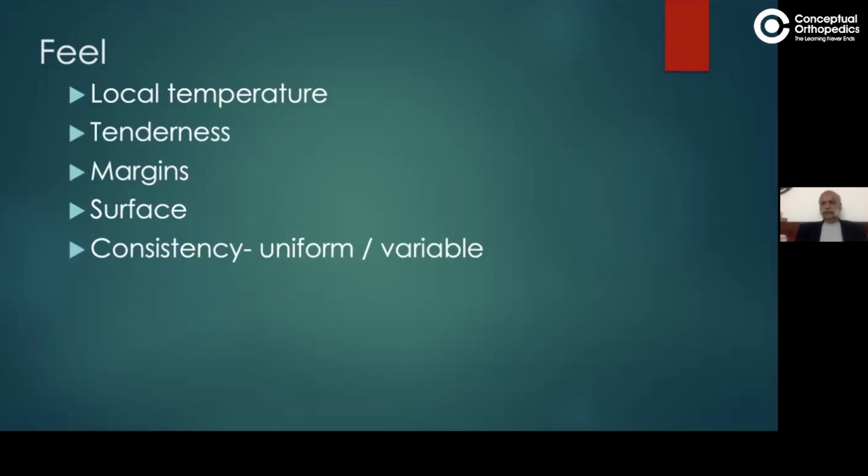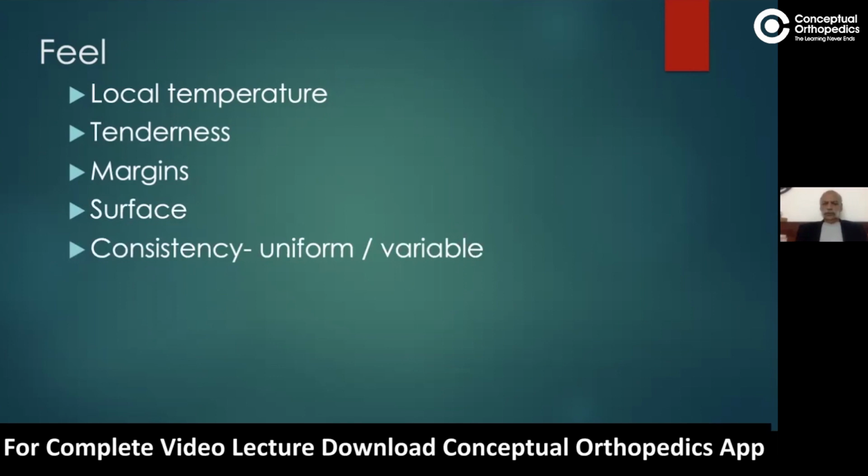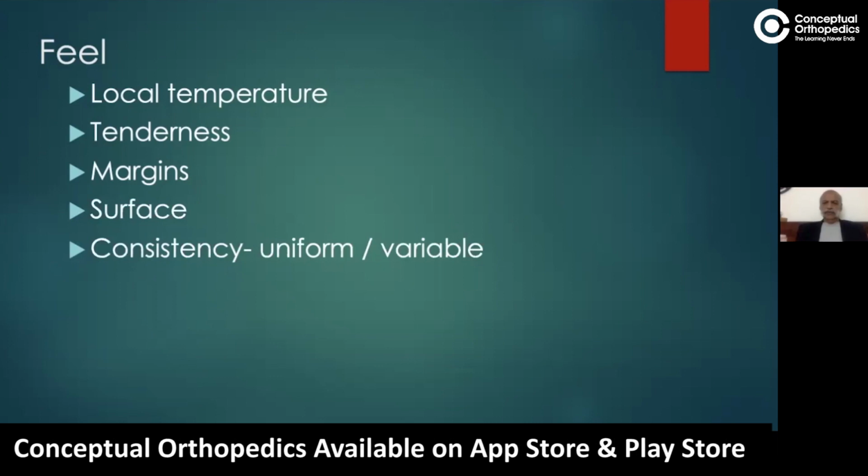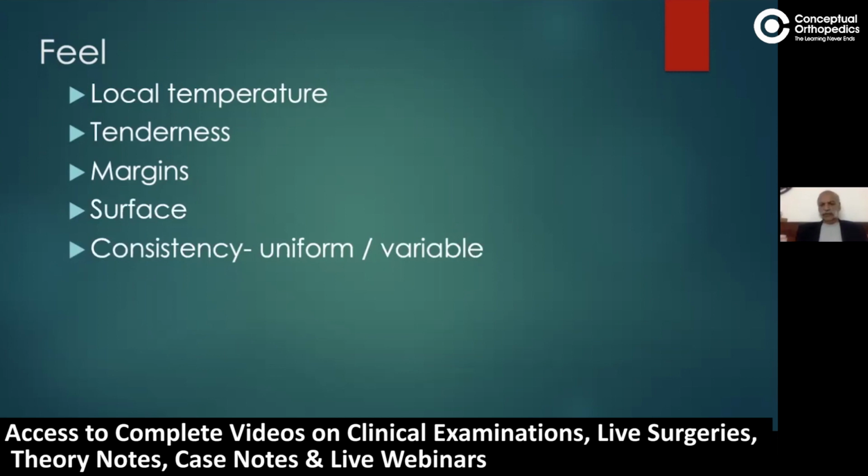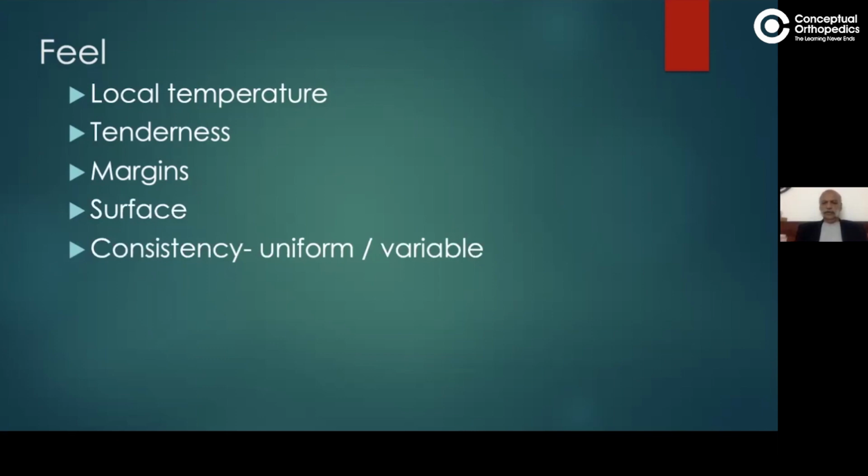I think when consistency is talked about, you must remember that in some malignant tumors, you can have a variable consistency, firm in one part and cystic in the other part. This only tells you that there is necrosis going on in certain areas in this swelling. It is more likely to be a malignant neoplasm. Whereas benign swellings have a uniform consistency all over the swelling. Fluctuation, this swelling was non-fluctuant.